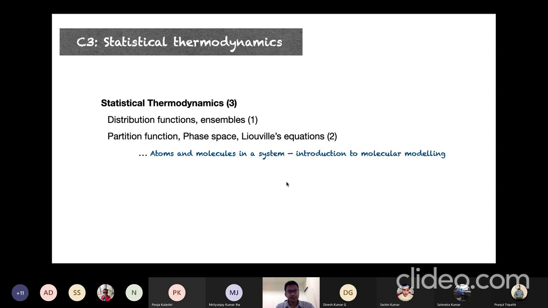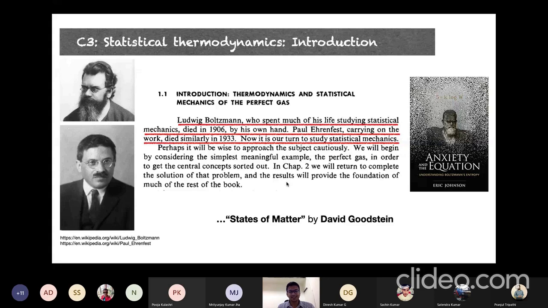Okay, so statistical mechanics or statistical thermodynamics. So I wanted to start with this slide. It's scary, it's interesting, it's something about the history. And if you read first 3 lines, then probably you get scared of studying statistical mechanics. So Boltzmann, who spent much of his life studying statistical mechanics, died in 1906 by his own hand. So he hanged himself. Paul Ehrenfest, carrying on similar work,